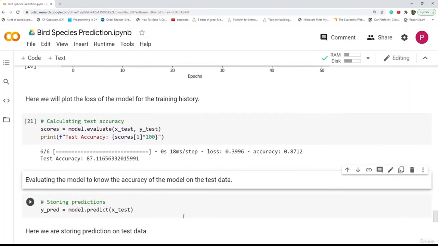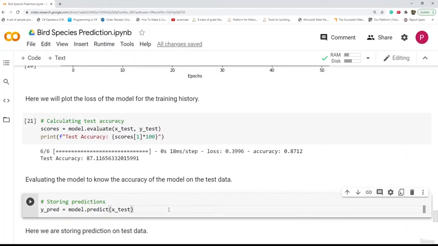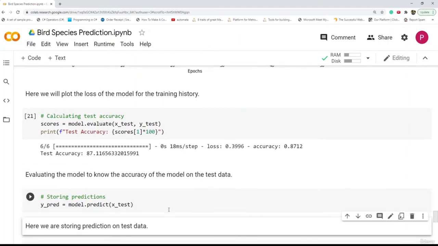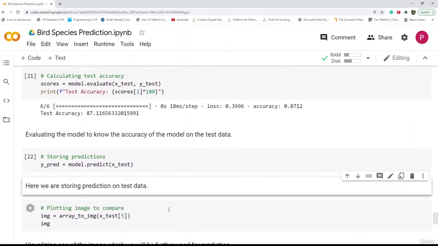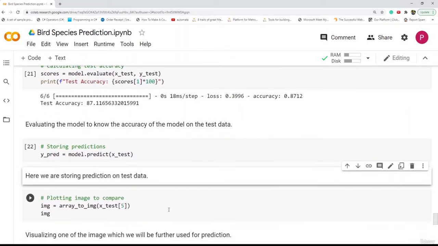Next we will store the predictions of the test data in ypred. We are passing all the test data, that is x-test, in model.predict, and we are saving the predictions in ypred. Let's run this cell and save our predictions. After saving our predictions, the next thing is we will try to visualize one of the images which we will further use for prediction.